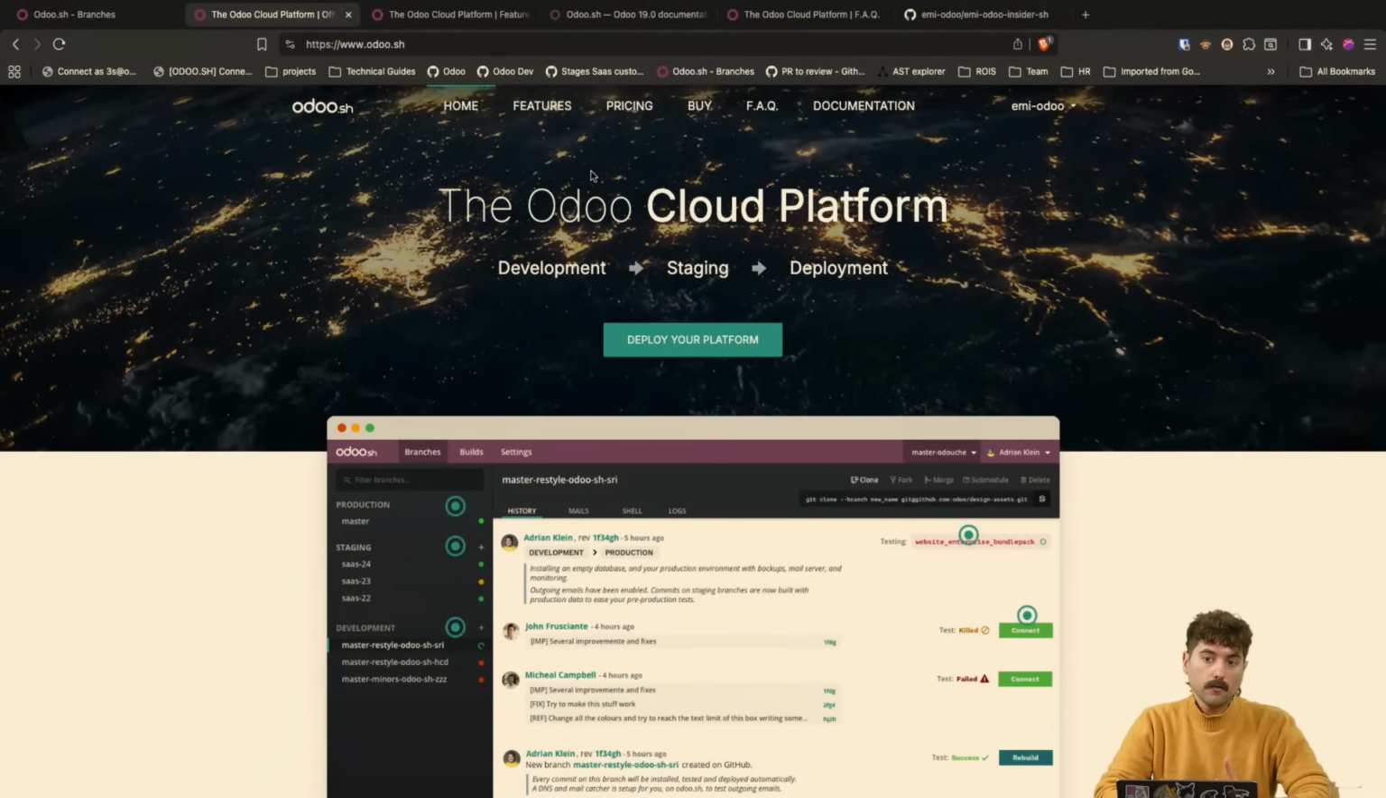You have to think of Odoo SH as a platform that you use to deploy Odoo. You don't have access to as many configurations as you have on premise. You cannot install all the packages that you can on premise, but you can do a lot. You can do basically what 99% of the population need, and we'll just dig into it. So first of all,